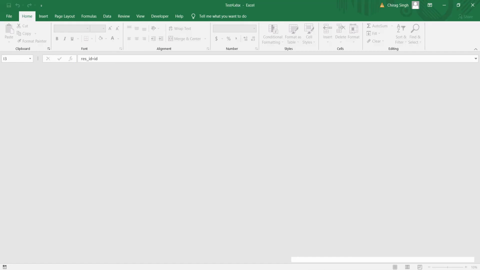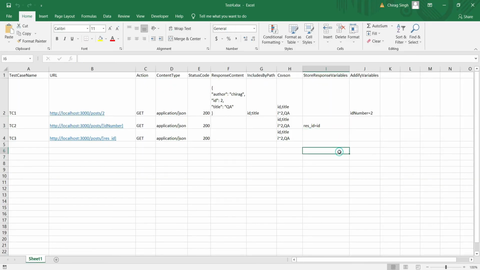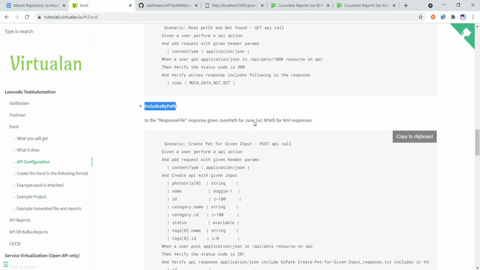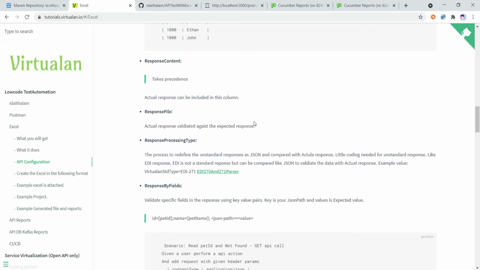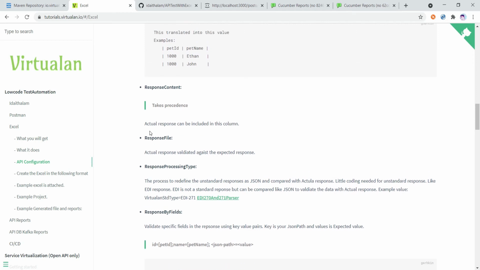So you can see includes by path. What is the use of includes by path? First we will see. You can see there is a response file where we can validate our actual response against the expected response. Okay, and there is a new column named response content.